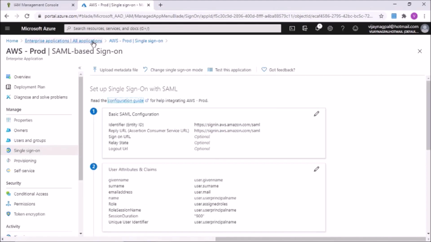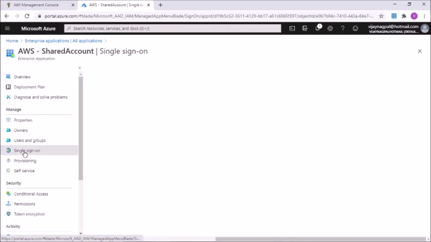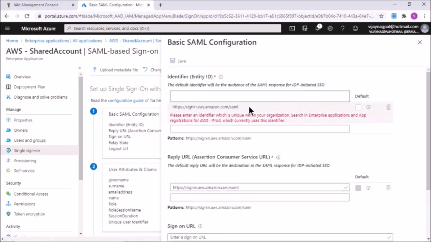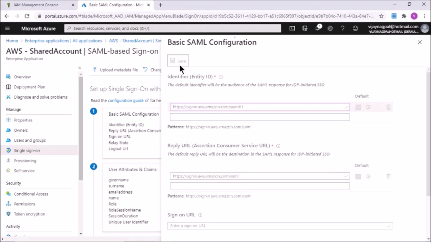So when I try to configure the identifier for another application, which is AWS Shared Account, I will modify this identifier and give some unique name. I will add hash1 to this and then save. So now I have a different identifier from the other application.